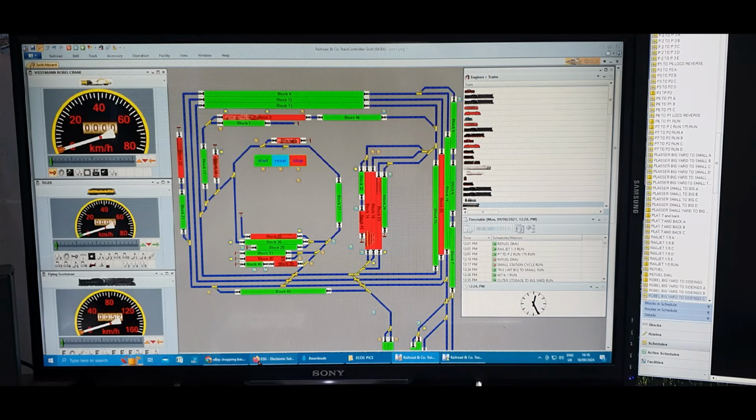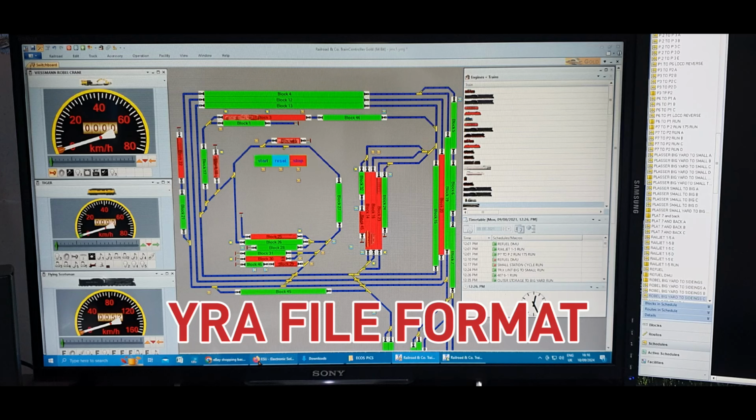Hello, I'm just going to show how to convert pictures from the ESU website for trains and locos, etc., and convert them and put them onto Train Controller. That's what I do anyway. It converts bitmap files, which are on the ESU website, into YAR files, I think they are, for